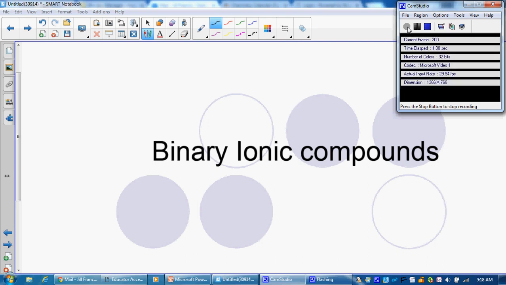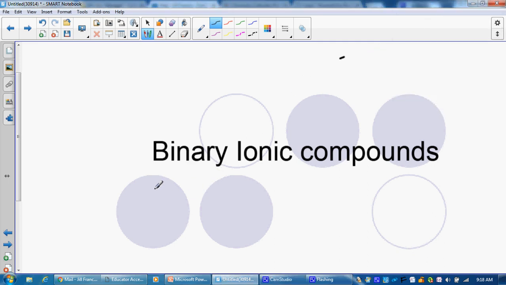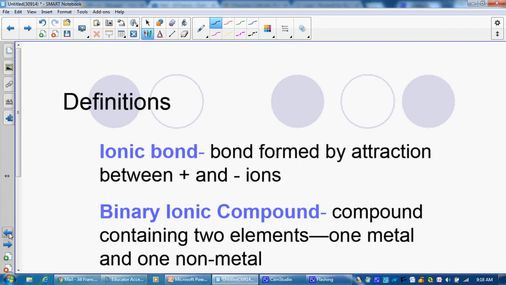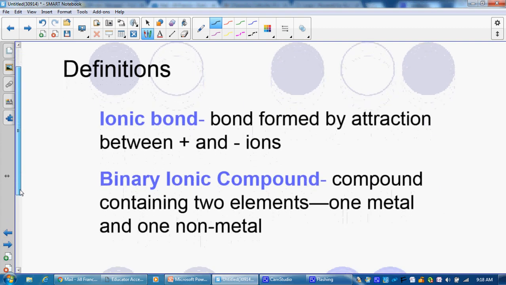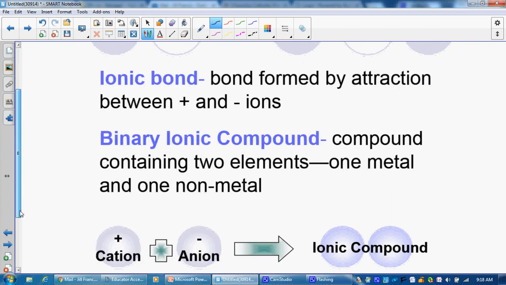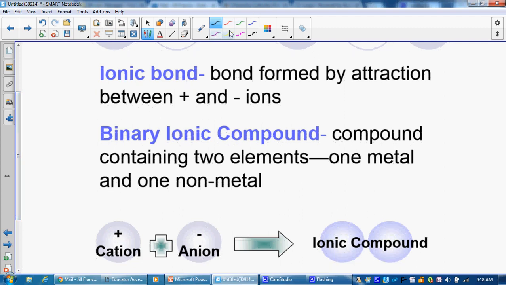This video is going to talk about binary ionic compounds, and remember that we've talked about the two different types of compounds. Ionic is always going to be your metal and your nonmetal. Okay, so if we look at the definition here, since it's a metal and a nonmetal, it's positive and negative ions, and that's what causes